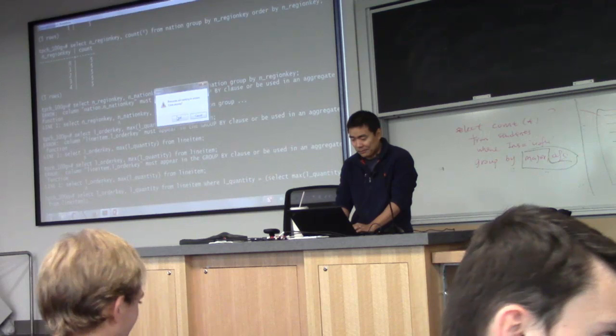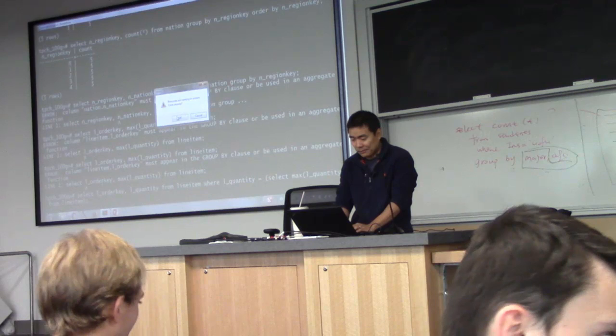It does not make sense to return nation key, however. Why? Records in the same group must have different nation key values. When you ask me to return just one value, which one should I use? I don't know. It doesn't make any sense. Does it make sense? So that highlights the important requirement of group by query, which is, coming back to my slide,